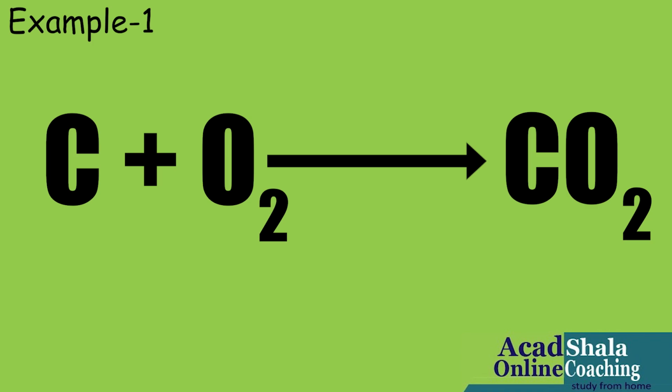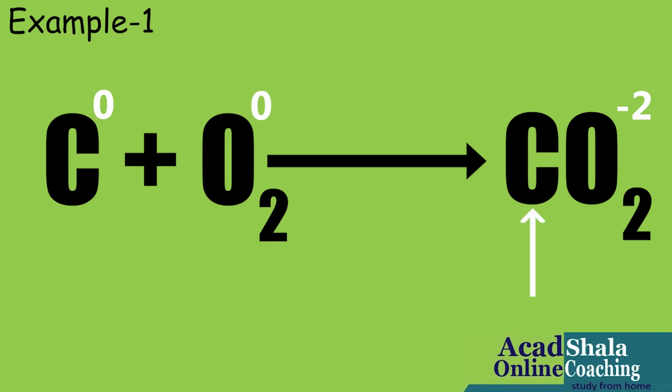Now what have we learned according to the tricks or the rules? That in its elemental form, it will attain a zero charge. Then of course we know it: carbon, elemental form, 0; O2, 0. Immediately we will put it. Fine. Now what about this CO2? Now we know the charge of oxygen over here. Because it's a non-metal, it will attain a -2 charge. So I will put it on the side that oxygen is having -2 charge according to my knowledge. But I don't know about carbon, whether it will have +4 or -4.